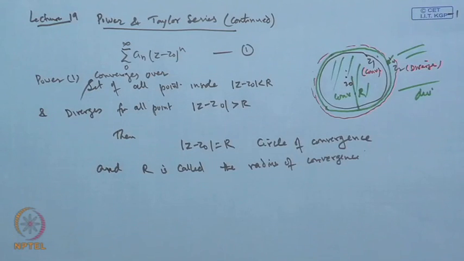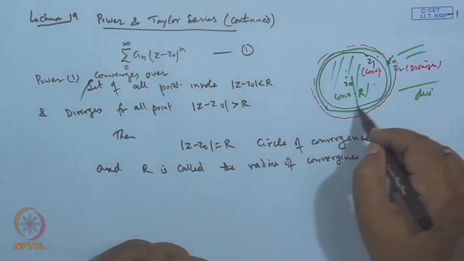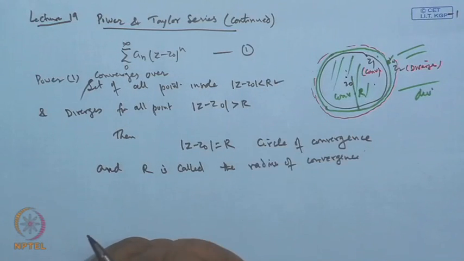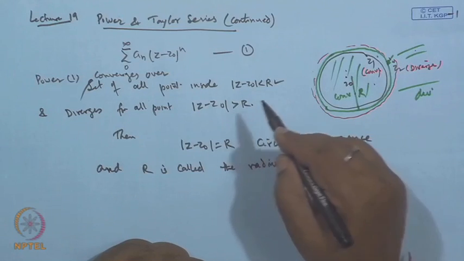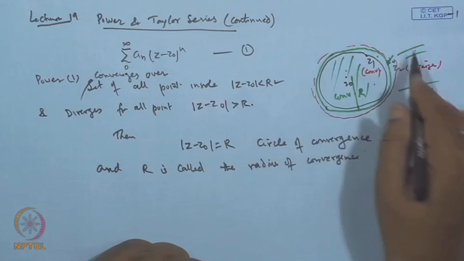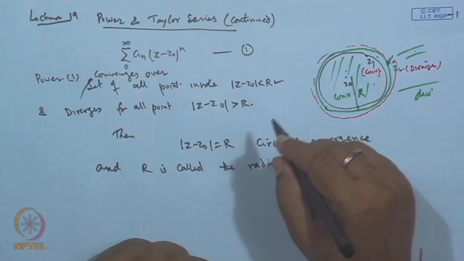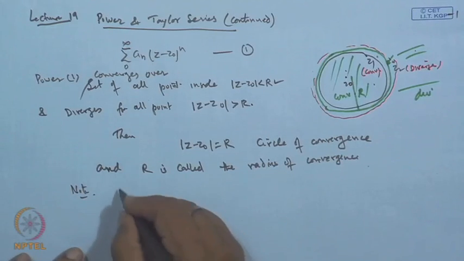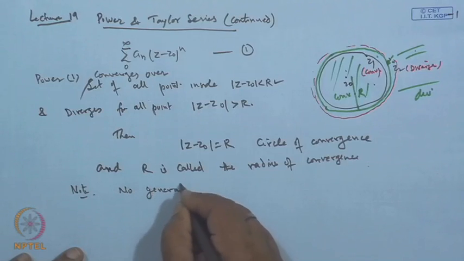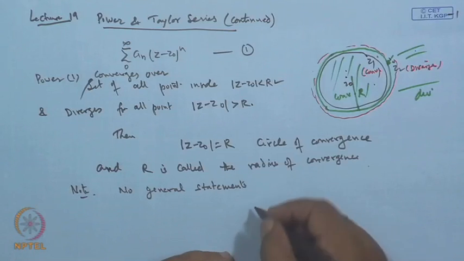Now we have seen that if r is the radius of convergence, then for all points inside the region |z minus z_0| less than r the series will be convergent, and points outside, |z minus z_0| greater than r, will diverge. What about the points on the boundary, on the circumference? Nothing can be said; no general statements can be made